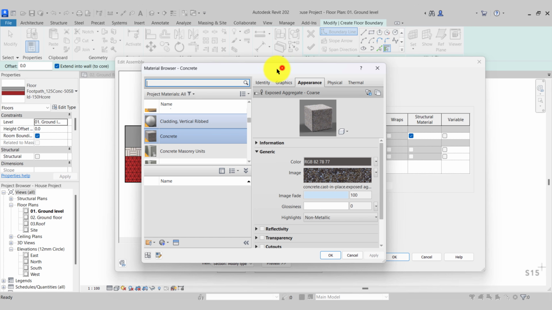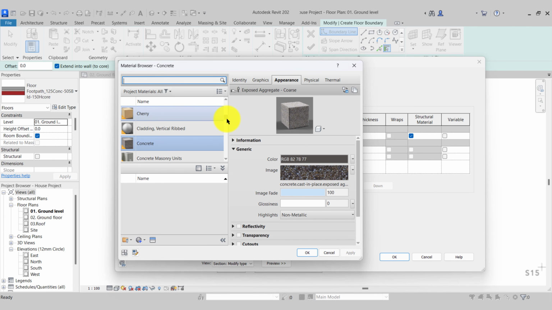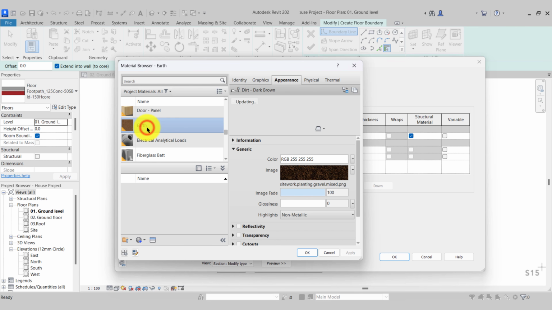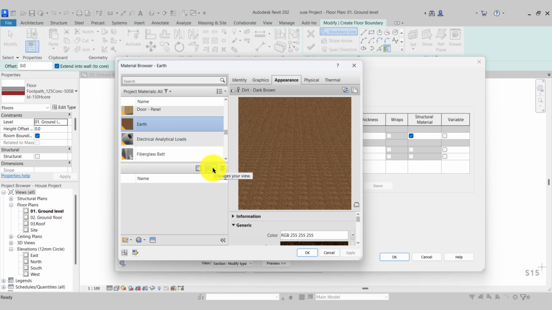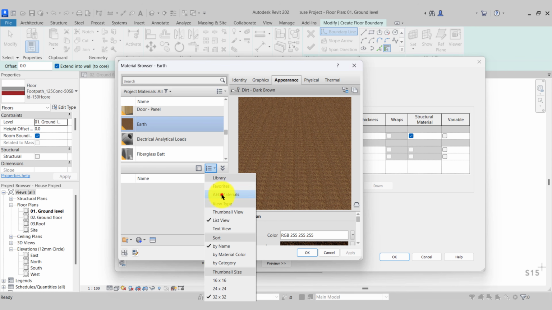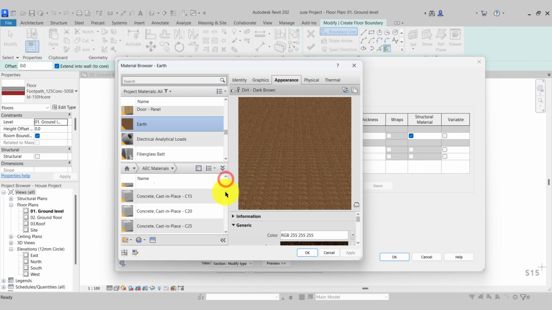So what I've done is I've opened up our material browser. This is where we'll choose our materials to build up our walls, floors, doors, and so on. I'll go into a lot more detail in an upcoming video, but for now I just want to simply create a material so we can progress with this stage. So there is an earth material here, but it's not that appealing. So what we'll do is we'll come down to this icon here, change our view to AEC materials. And in here, there are other